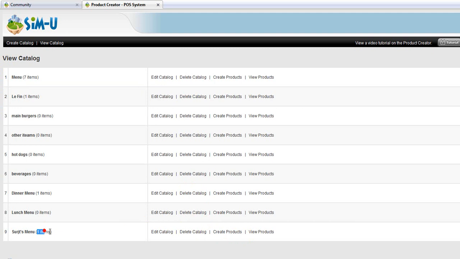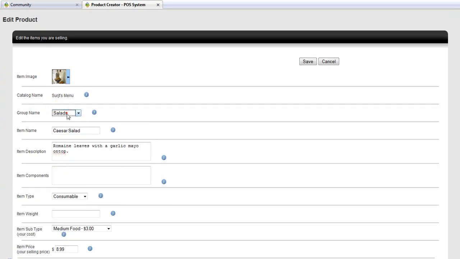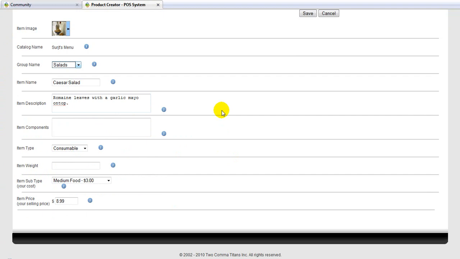And then we have to also check to view our products. You see it says selling one item. When we click here, we can see that if we edit that product, we go back here, it's now under salads. See how that's changed here for you? So when you're first starting up and you're in the shops and you're at step 5, I would suggest putting or copy and paste